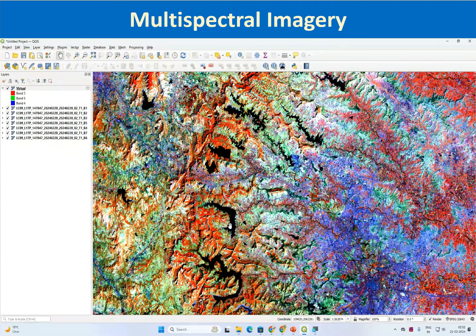So that is about various band combinations, various false color composites. Now let us try to do some band math. Let us try to implement using the raster calculator. We have the NIR band and red band with us. We can calculate NDVI value for each pixel by implementing the formula of NIR minus red divided by NIR plus